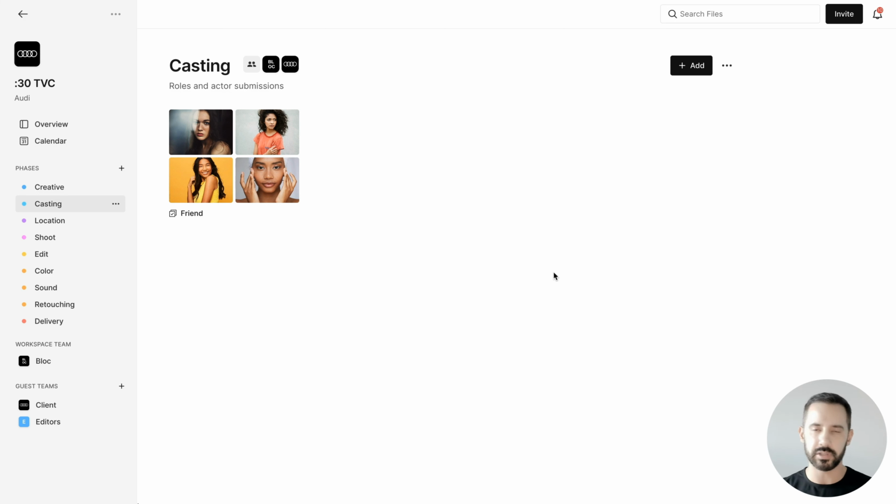So this can relate to all sorts of different aspects of the creative process, but some examples would be you're casting for a role. You're casting for the role of a mom, and you need to send 10 different talent options for approval. Another example could be a location. You're presenting locations for a shoot, and you want to present 10 different options and get the team to approve